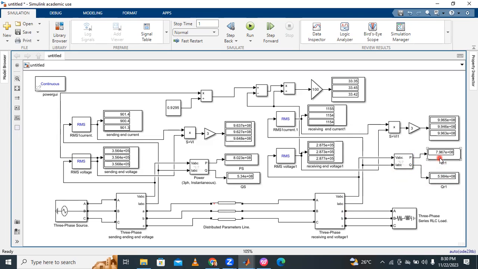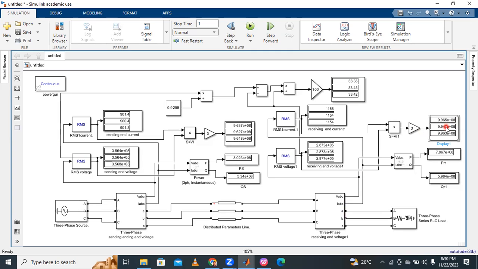The receiving end power is 7.967 times 10 to the power of 8. That is 796.7 megawatts, the receiving end active power. And the receiving end reactive power is 598.4 megavolt ampere reactive. And the apparent power of the receiving end side, 9.965 times 10 to the power of 8, is nothing but 996.5 megavolt ampere, MVA. So like this, for the sending end side